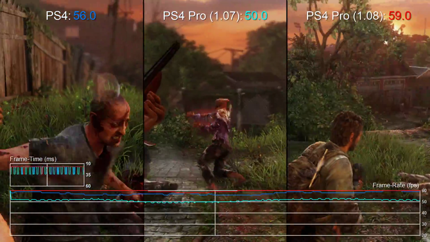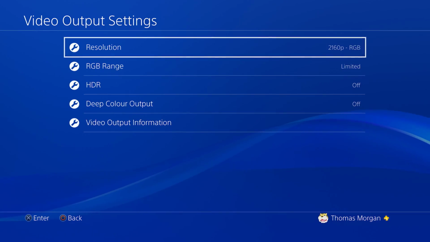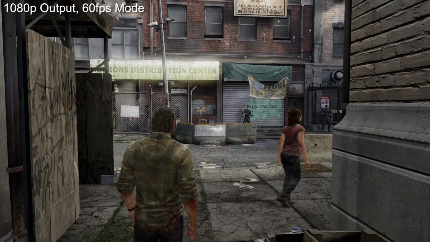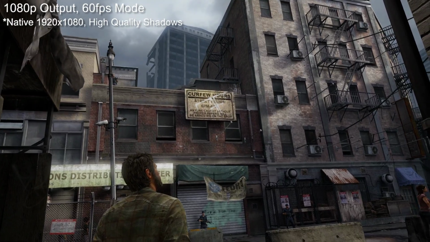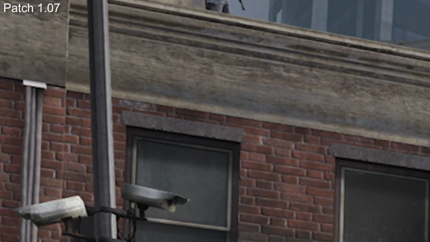Okay, so that's with the 4K option selected on the PS4 Pro front end. But what happens if we boot The Last of Us at 1080p? Well, this is where the more curious changes turn up, and Naughty Dog's statement about using a native 1080p here seems to bear out. Check out this opening shot, first looking at the game on patch 1.07 with 1080p and